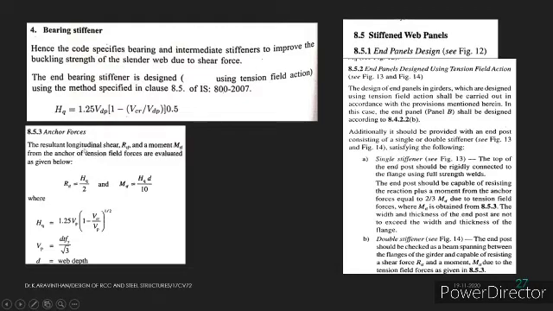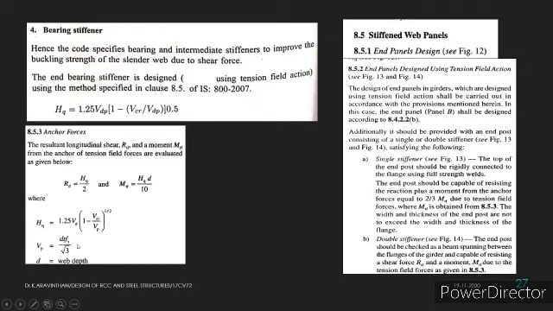This is the resultant longitudinal shear. So the resultant shear is given as R and the moment due to this is given as M. Let us find these two components. To find the resultant, you need HQ divided by 2, and to find the moment using tension field action, you need HQ d divided by 10. How to find HQ? This is 1.25 Vp, where Vp is d t fy divided by root of 3.